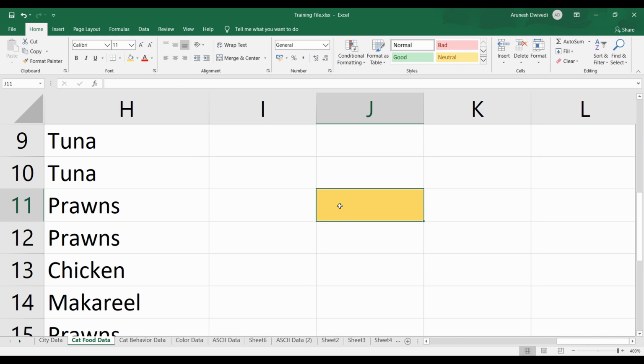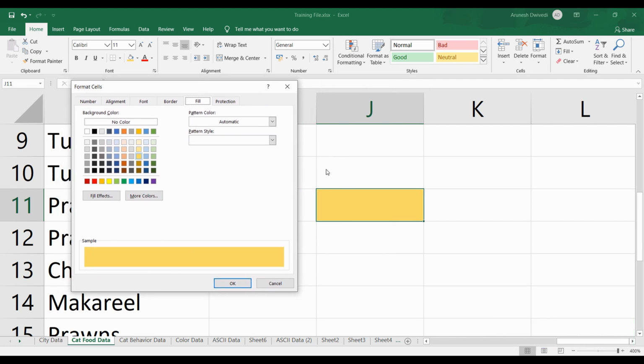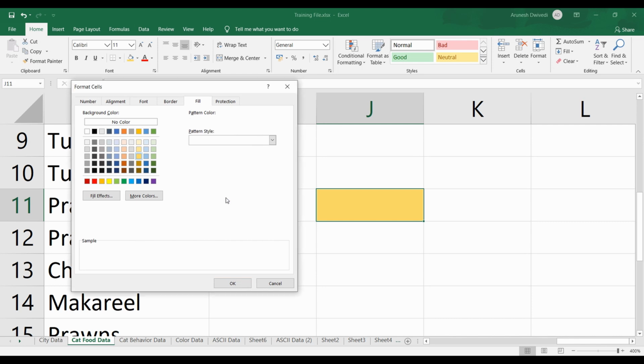Second thing, how we can put a pattern to it. To put a pattern to the cell, you need to open the mother of all formatting dialog boxes, and the shortcut to do that is press Ctrl 1. If you're already on a cell which has a background color, that color will be selected in this section. There are two more things you can do from this formatting box. First is, like I told you, you can put a pattern. So automatically the pattern color is black and you can choose your own color. Let's say I choose this green color for my pattern, then whatever pattern I will apply will appear green on top of this already selected color.